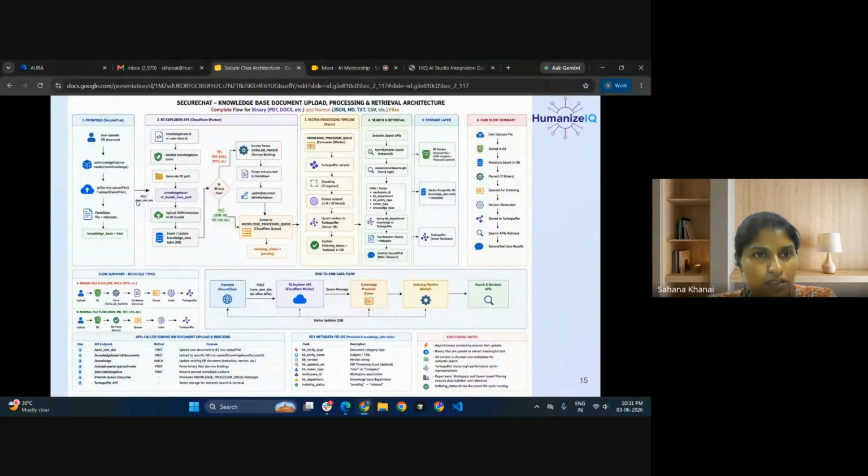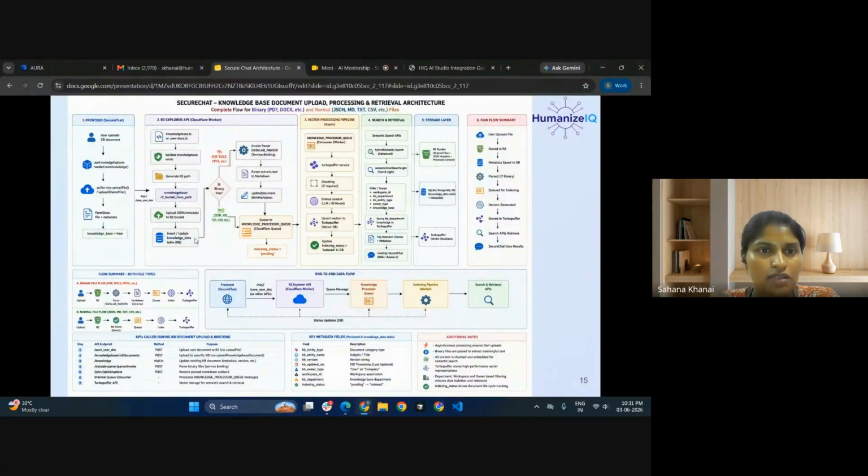In the payload of each request, we are going to pass knowledge base equals true. For this API endpoint in the front end, we pass knowledge base equals true. If it is true, then in the backend, in the R2 Explorer API, it is going to check whether that knowledge base exists or not. If it is there, it generates the R2 Explorer path for that specific chat history. Then that will be stored in the bucket in JSON metadata format. Then we are going to store the knowledge data. Here in this table, we insert the record with this path.